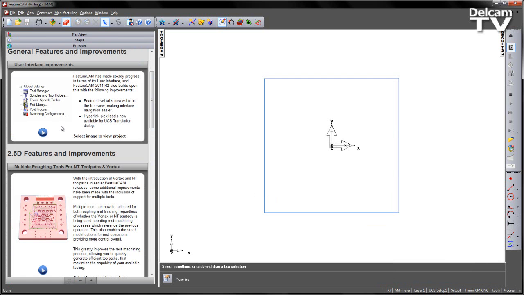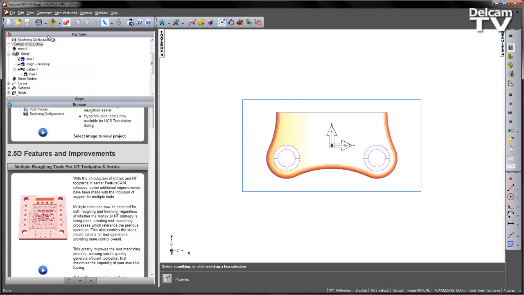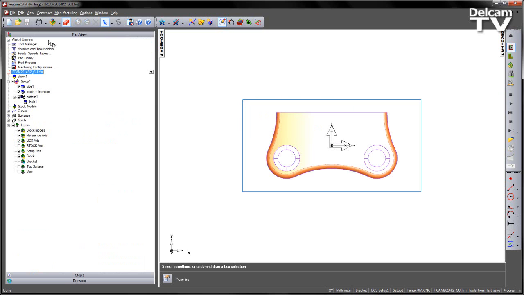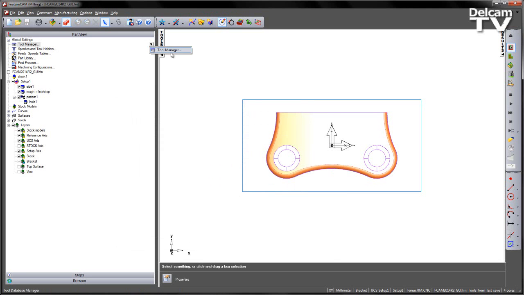We can do this in any number of ways, but I'm going to do it just by simply opening the example file. Once I open this, you'll now see there are a load of global settings available to us. This makes navigation much quicker without having to go to menu options or down to the bottom of the screen. For example, if I want to access the tool manager, I can double click and access the tool manager very quickly. I can also do this via the menu,